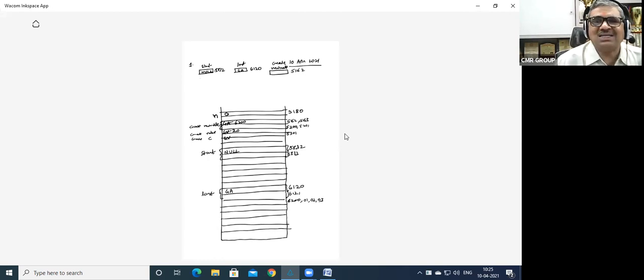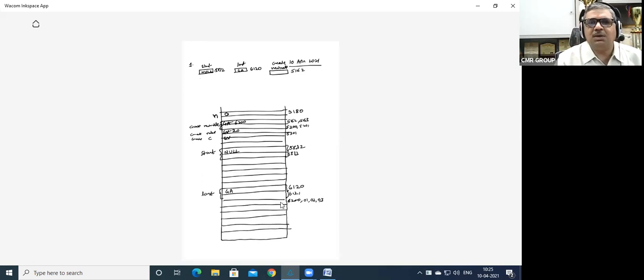How can I access the data part of this? There is a data part, and this is 4 bytes: the first byte, second byte, third byte, fourth byte. In the first 2 bytes, for example, what would be there now? First 2 bytes data would be there.